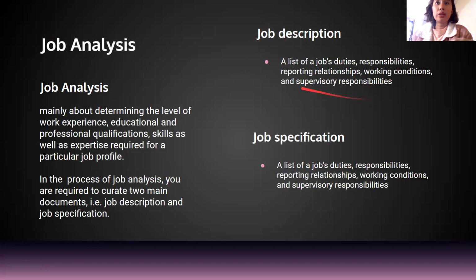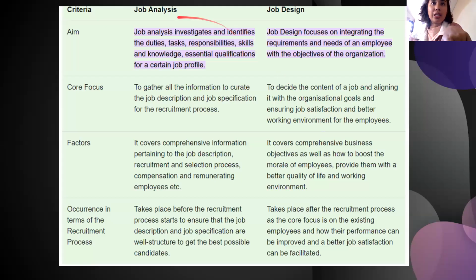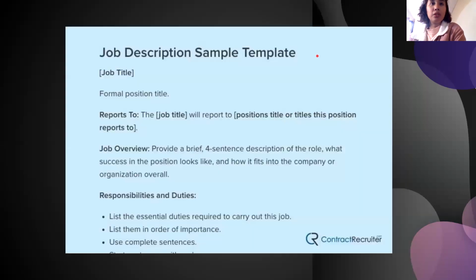So job description includes the following: duties, responsibilities, and job specification. Ay nako. Pakita nga natin. Please search. Bakit pareho yung pinis ko dito? So, the difference in job analysis, so it's more specific ha. So, job design needs organizing and planning. So, this is an example of job description. It includes the job title, who you are going to report to, the overview, the responsibilities, and duties.